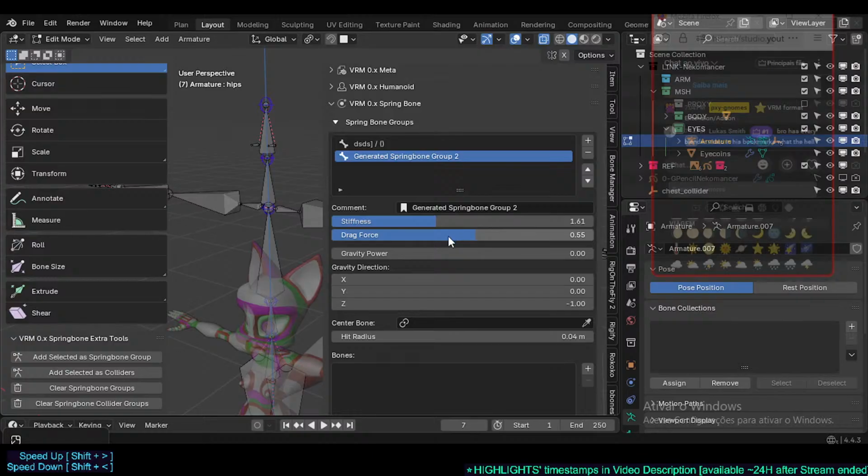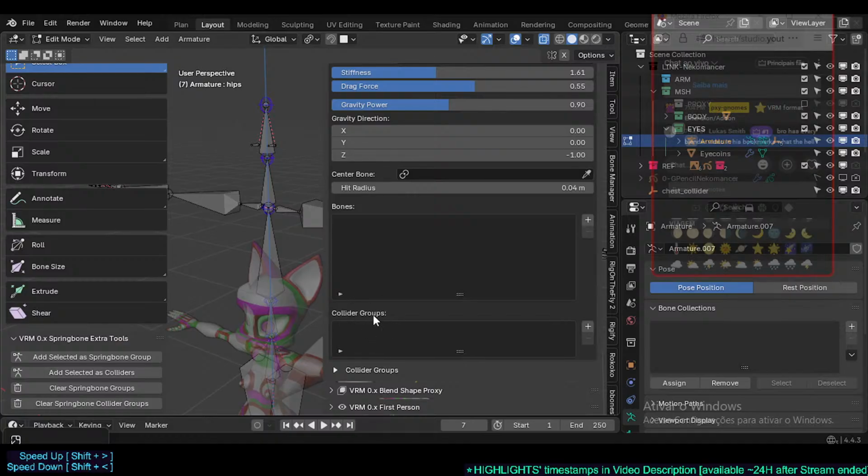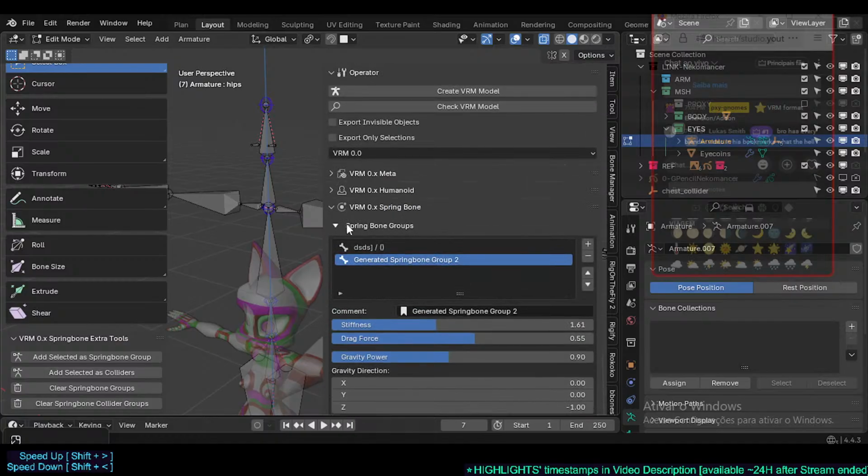In the wiggle add-on we have other features like stretch, and also something else which I don't remember right now. Then gravity power, of course this is the power of gravity, and this is the negative world z-axis, right? And then this central bone is usually not required. I'm not sure what it does. Maybe it's something about the gravity force, and hit radius. This is probably about the collisions, right? Collider groups which are not used. So essentially this is the